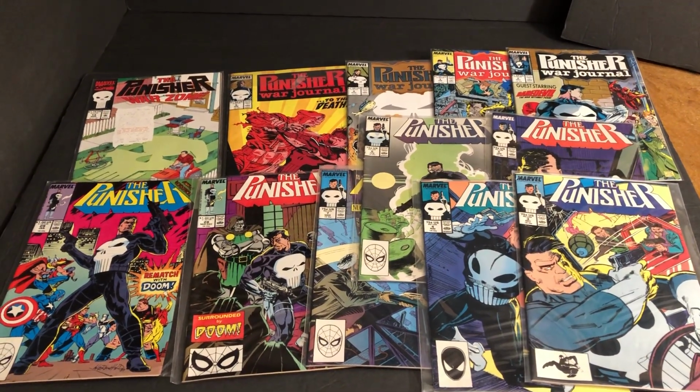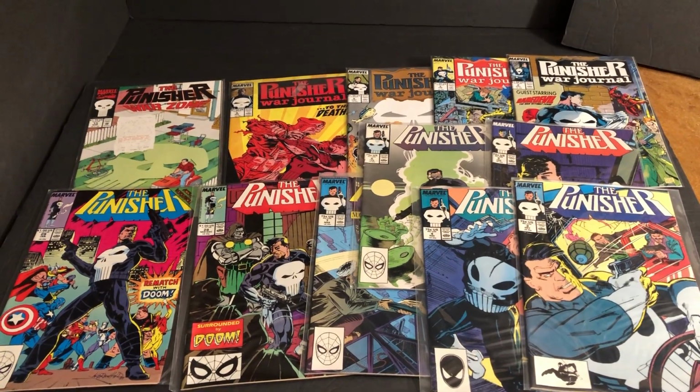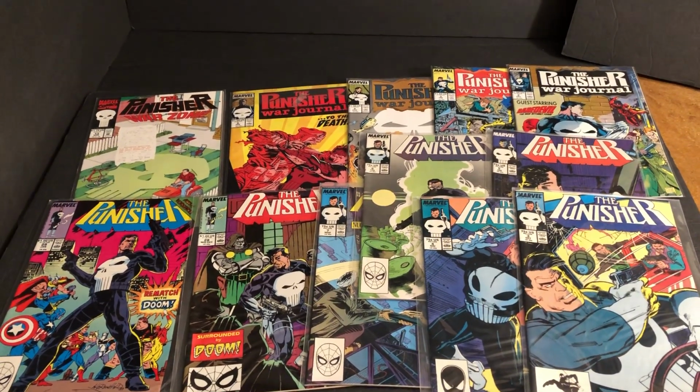Today we're going to look at some 1980s Punisher covers, different magazines: Punisher, Punisher War Journal, and there's a Punisher